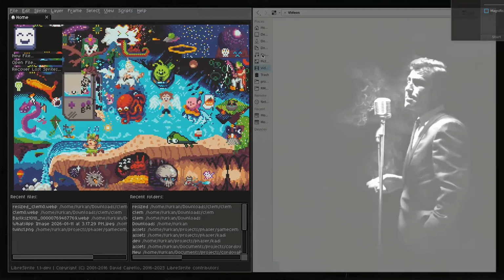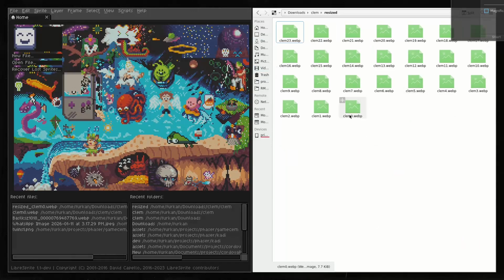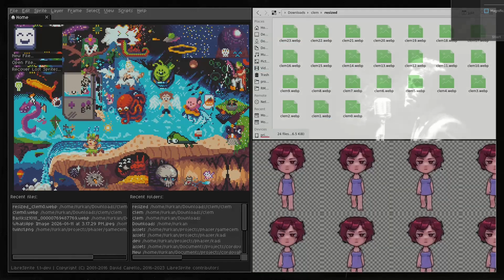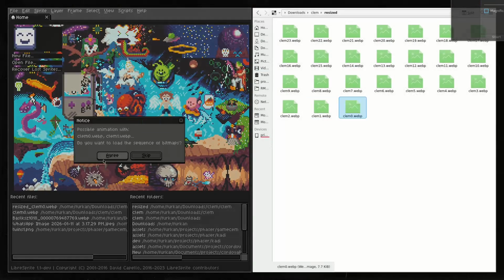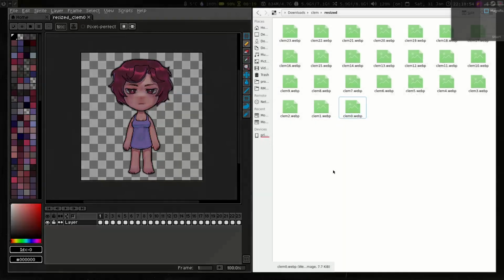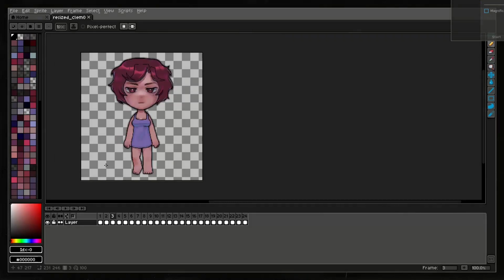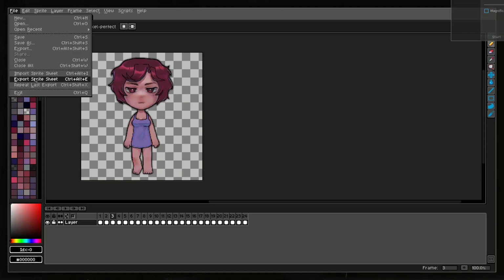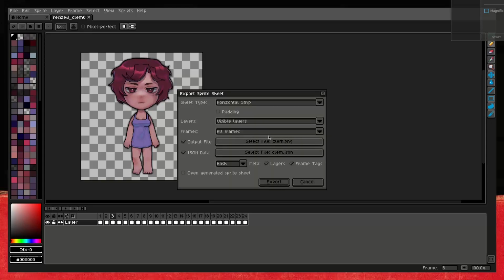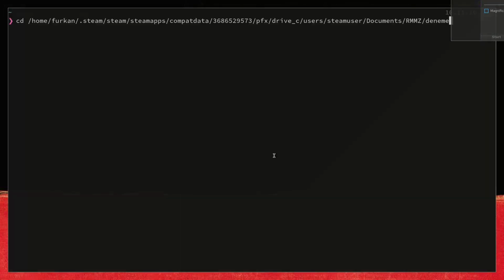So you basically have your sprites in here, and if you name them like this in incrementing order, it will automatically say, okay, this is a sequence, so it will put it in its order like this, and then you can go here and export it as sprite sheet. This will both give you the PNG and the JSON file. This is the file that says okay, this frame is in this location, this frame is this location. You will get those 2 files, and